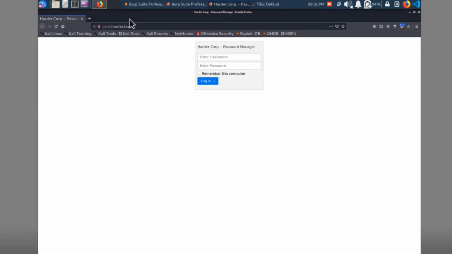You'll be surprised how many times you run into that where the admin or dev just set it up, and it's the default admin and password. In this case, it's a custom page, right? We see that the title header is harder.court password manager. We don't see anything like generated by X or anything like that. So we need to try just some standard stuff like maybe user and user,